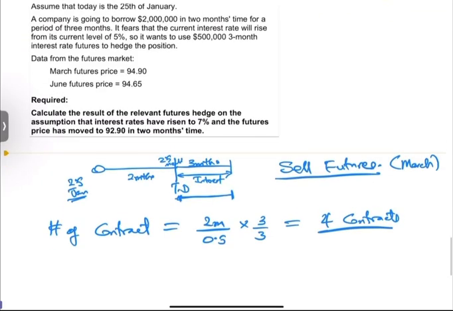Before I progress on this, is there any confusion? Okay, so today, what we're going to do now is to initiate a future transaction, and that will be a sell of March future